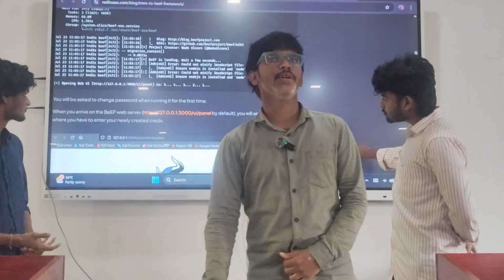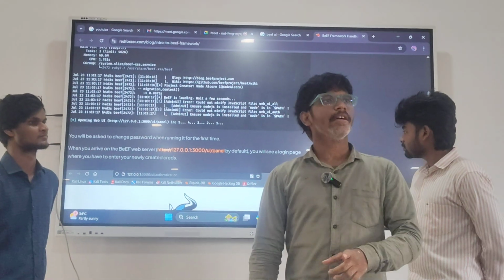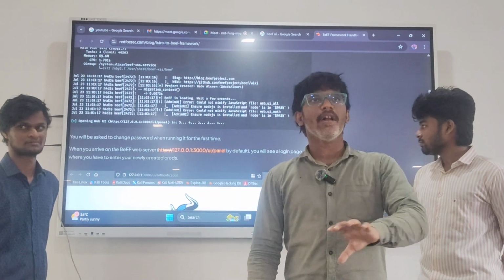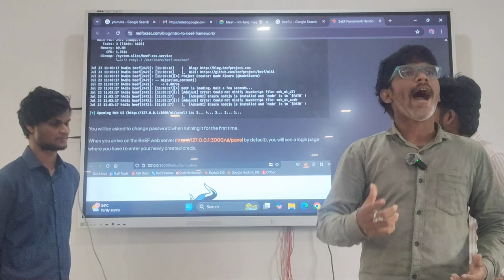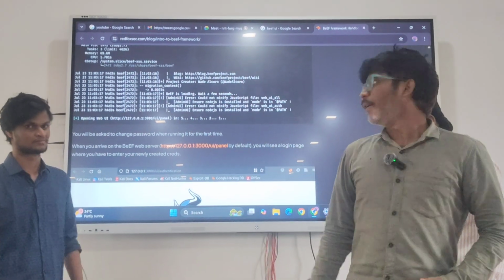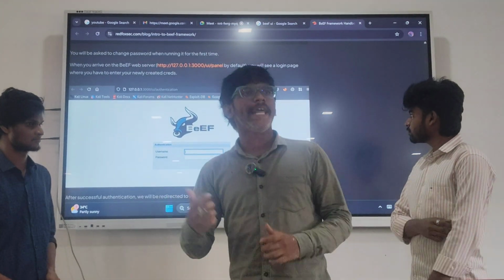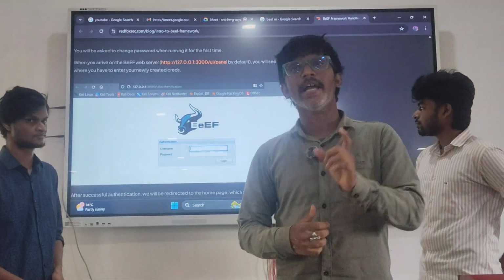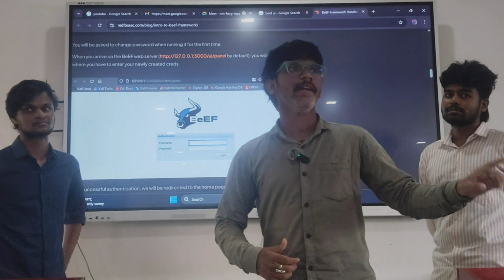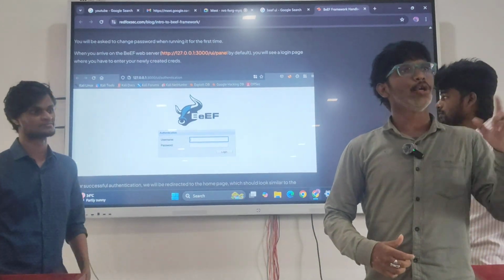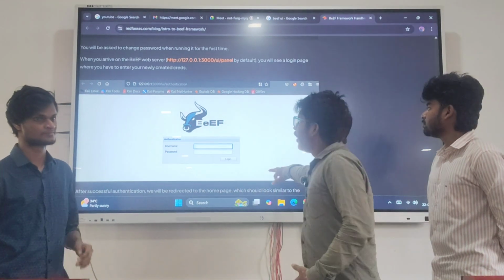For example, take the keylogger, how the keylogger works. So that's how BeEF also works. But the thing is, in a keylogger, we have to write the script beforehand. In BeEF, we also write the script and install the hook. We have to create a custom IP address, and that IP address is sent to the victim. Whenever that victim clicks or uses it, we get a notification.